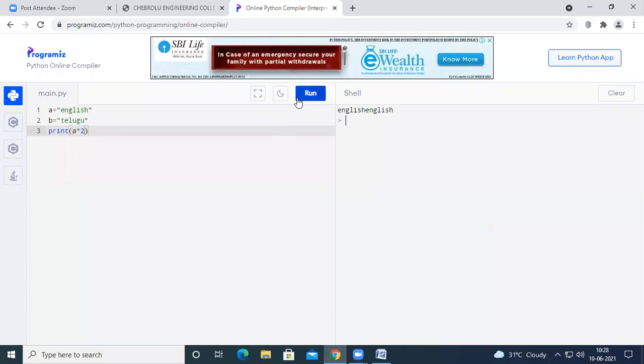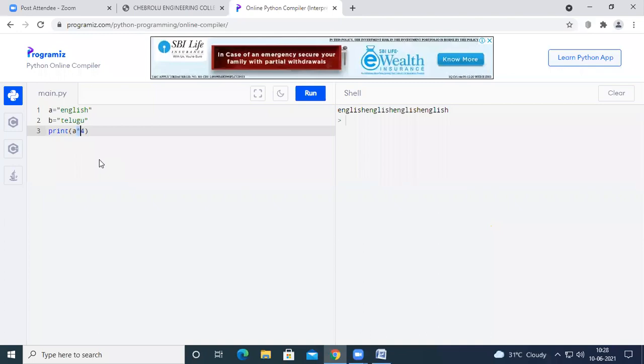If you run the code, you can see English English has been printed. If you want to print the same string 4 times, simply use A star 4.